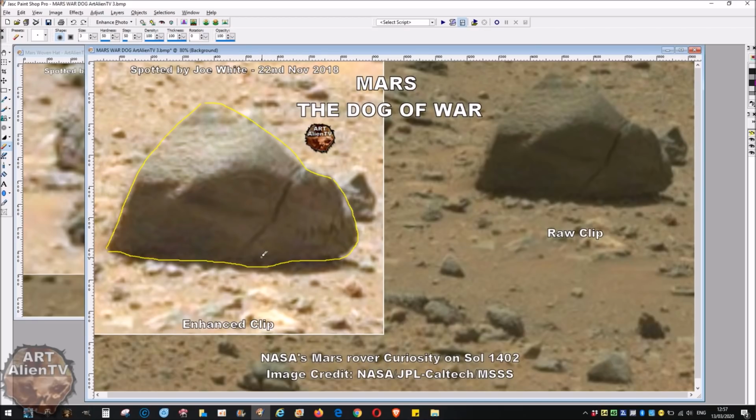But this looks to me like a war dog or something similar. Now it may not be a dog, of course, but other dogs have been found. We have a nose here. We have jagged, pointed teeth here. We have a crack coming down here, so this thing is either a carving that's cracked, or it's somehow a fossilised and mineralised skull that's turned to stone, like some of the other specimens in the area,